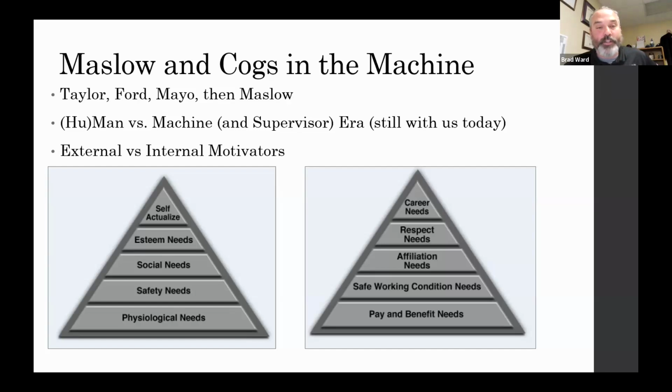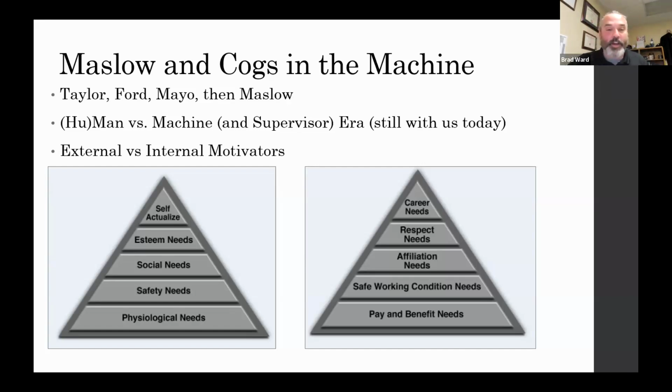Mayo comes along and does the Hawthorne studies at the Bell Labs. I believe this is in the 30s. So we're getting from Taylor, late 1800s, early 1900s, and Ford had one of the earliest human resource departments, run by a priest. That's a whole different story, but quite interesting if you ever want to look that up. And then Mayo in the 30s comes around.